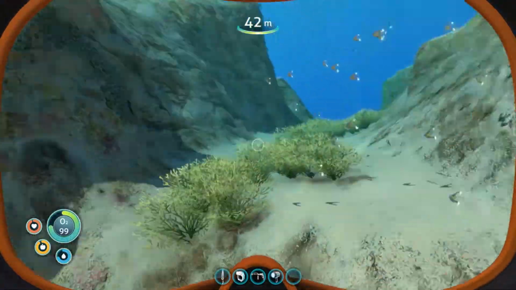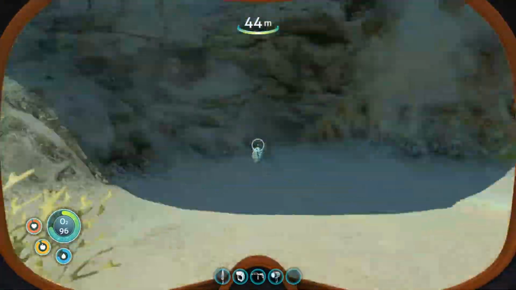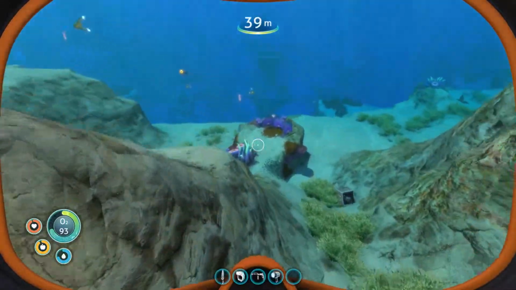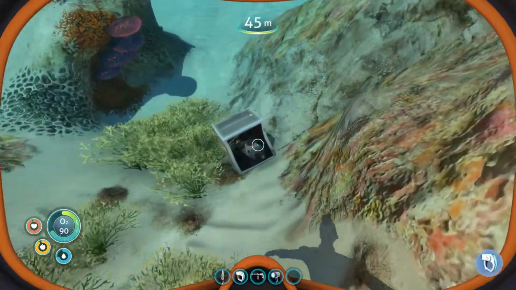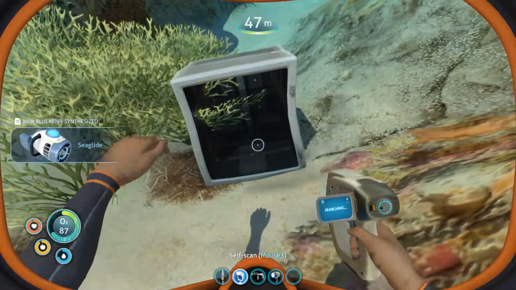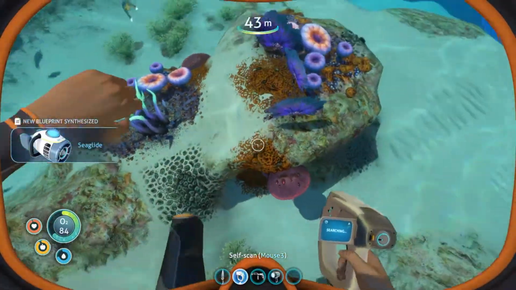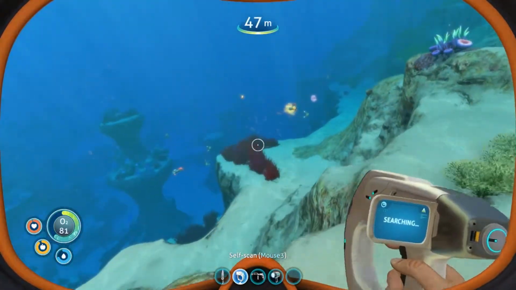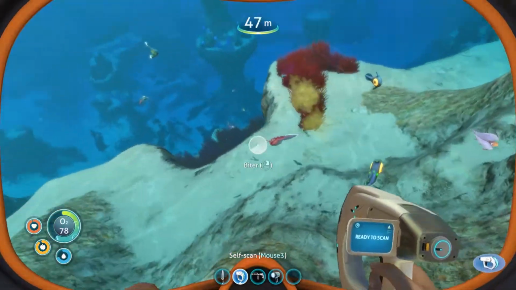Honestly, it seems like it's more efficient to go up to the surface, at least for right now. I feel like exploring a cave is definitely useful, but... Oh, there's the sea glide. New blueprint acquired. Okay, so I feel like more than 2 hours have passed game time, so...